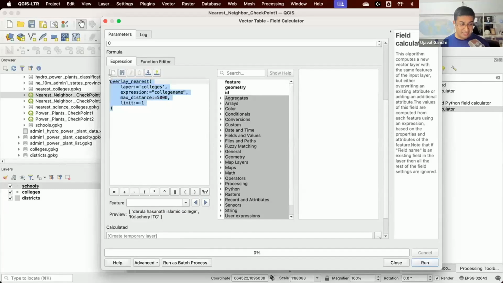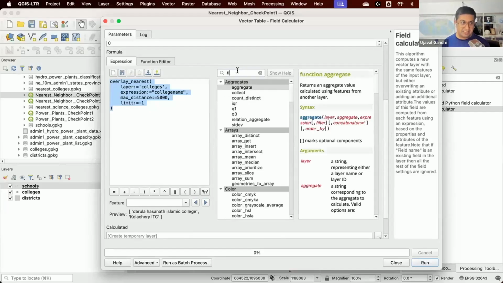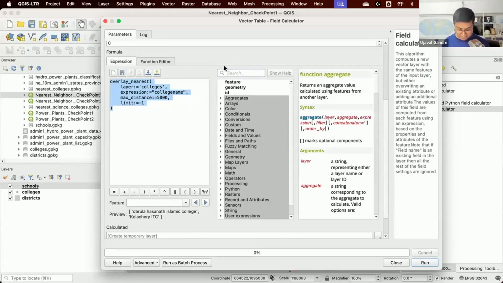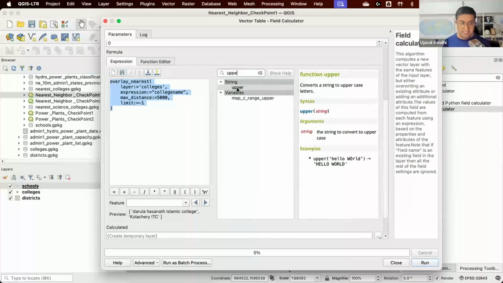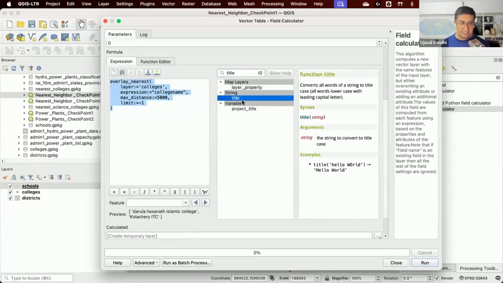So now I have a list of things which I want to run some function on each of the case. There are many functions for string processing. There's a function for converting case. So if I want to convert everything to an uppercase, I can run the function upper and say convert this to uppercase. Or I can run the function title, which is the title case. So what I want to do is run the title case function on each of the items